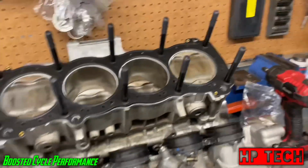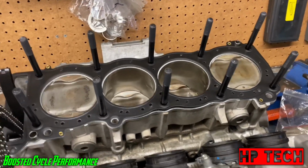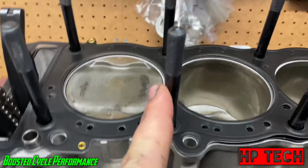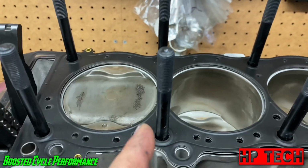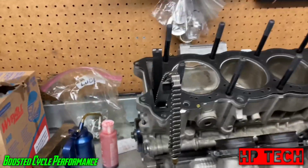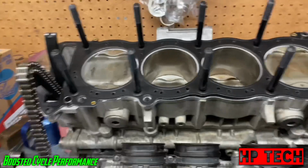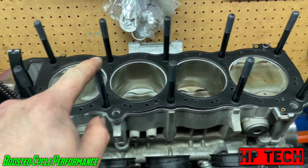But one thing I do when I'm installing these things, the only difference, a lot of people say do the ARP head studs, but if you actually look at them, the ARPs are thinner than these. Like the threads are still the same, but they actually neck down. The only difference I see between the install directions between the APEs and the ARPs is the ARPs tell you to use the ARP Moly lube,